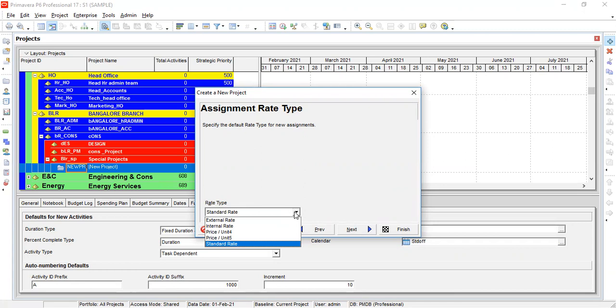Other systems are price per unit 4 and price per unit 5. In construction, in some areas we have to obtain some resources as a contract, at the time of the work only. For example, welder, fitter, carpenter, electrician, plumber. These people may be contract workers who come only at the time of work. We can use price per unit 4 or price per unit 5. Generally, for a project, we have to follow the standard rate only.